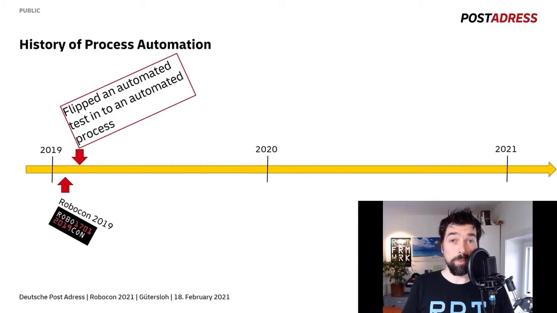So after RoboCon, I came back with a pile of ideas in my backpack. And I came back planning to find a process to finally automate something with the Robot Framework. But it turned out that I didn't need to find a process. The process found us. Because what we didn't know was that we had colleagues that had to process physical envelopes